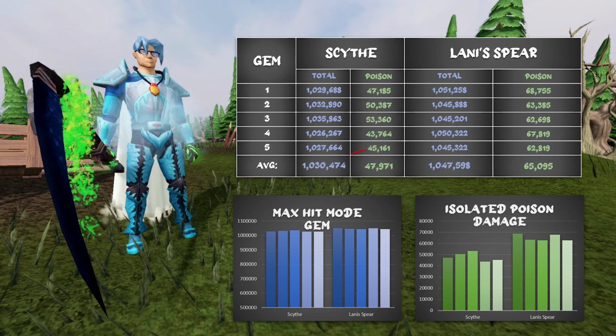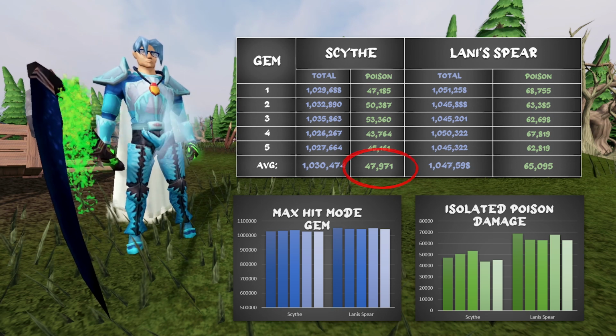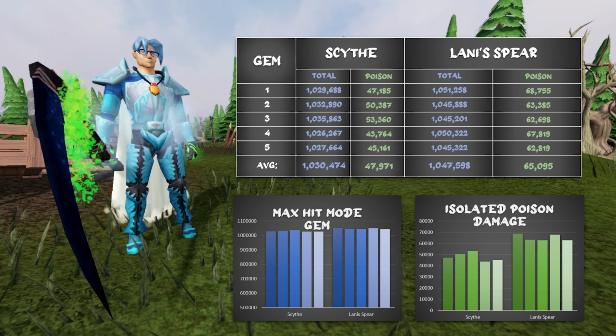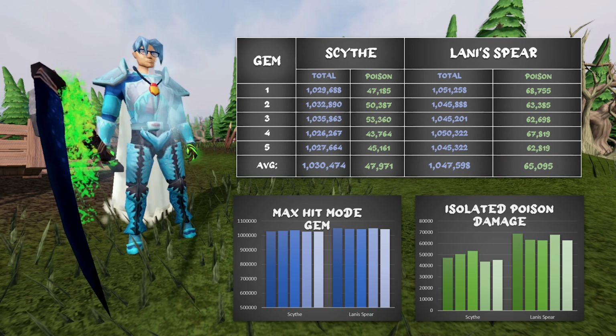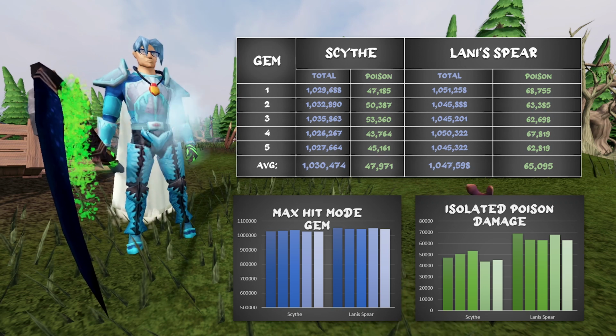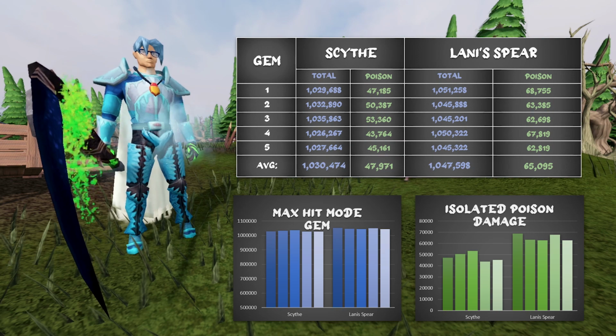On average, the Scythe did 47,971 poison damage, and Lani's Spear did 65,095. This is huge! That's way more than 5%. The reason for this, I am fairly confident, is due to the 5% increase in being able to poison a